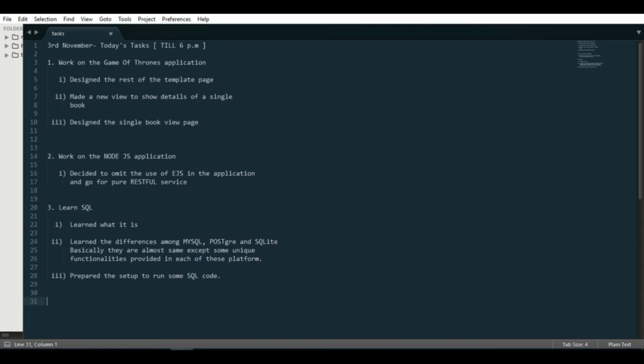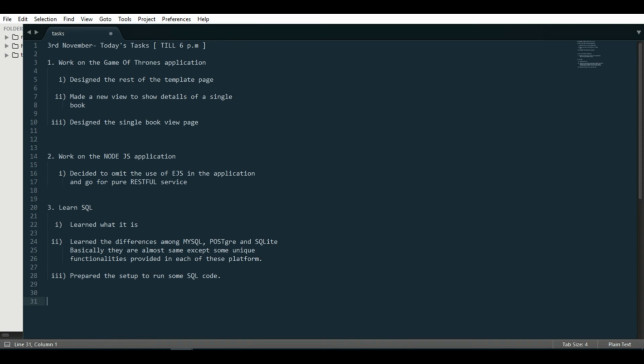And the third thing that I did was I started to learn SQL. My first database was a NoSQL database, which was MongoDB. And then I realized that no, you have to know SQL since it's the heart of the database.